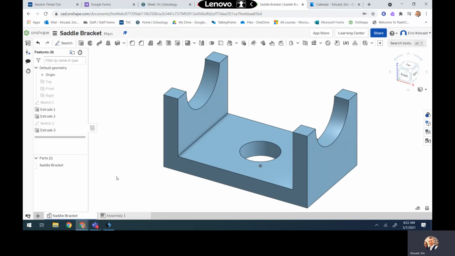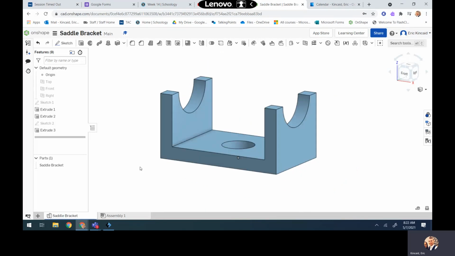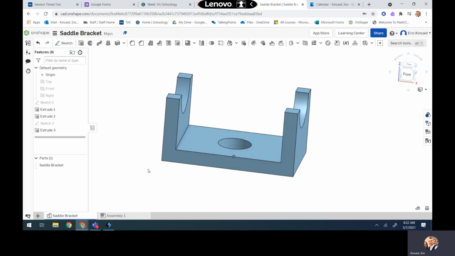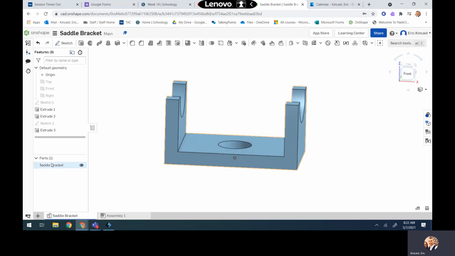All right, today we're going to create our drawing for the saddle bracket, the part we made yesterday in class, and you'll see that your bracket is completed, right? You should get in the habit of labeling your parts over here, and of course your tabs down here. Now, traditionally we would hit that plus and go to create drawing, but I'm going to show you a quick way to create a drawing, and that is by right-clicking